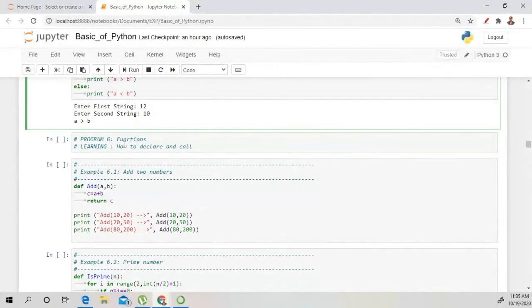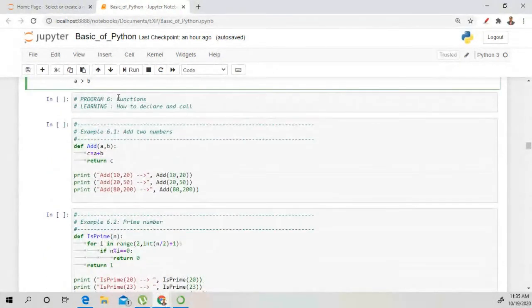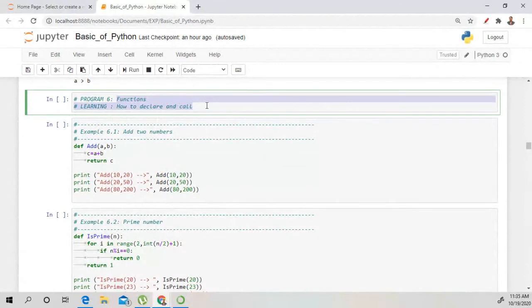Okay. So now functions. How to declare and call functions. These are very important because if you want to create something new, then you have to understand how to create a function.